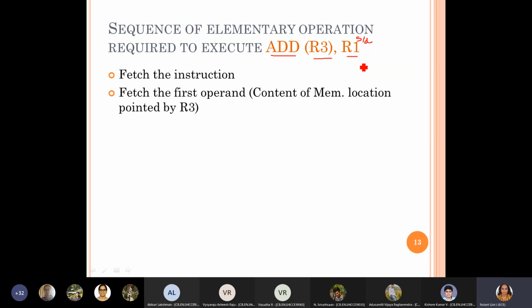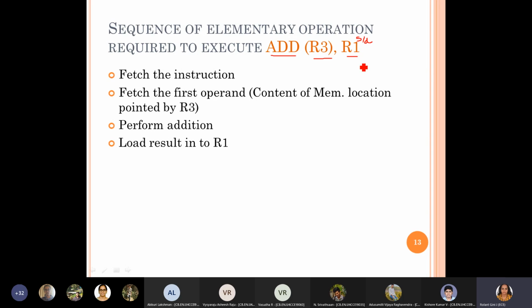One is reading the instruction, another is reading the operand pointed out by R3. Then you perform the addition, because taking R1 is the easiest job. Just before you enable the addition, you enable R1 out, and then you load the result in R1.